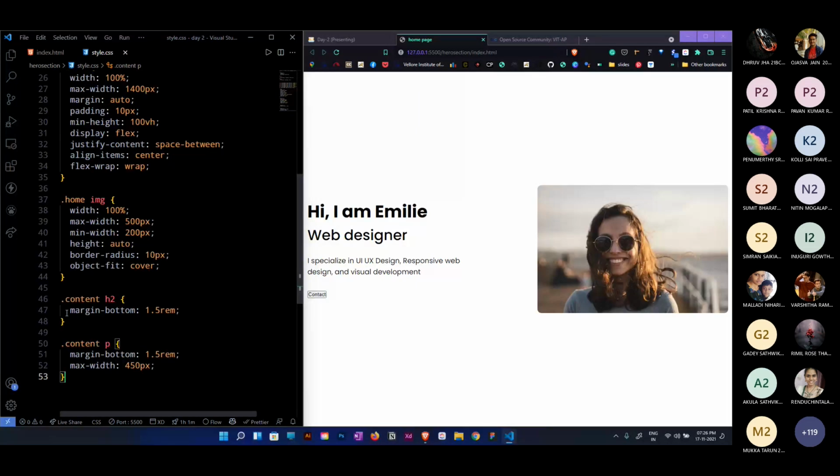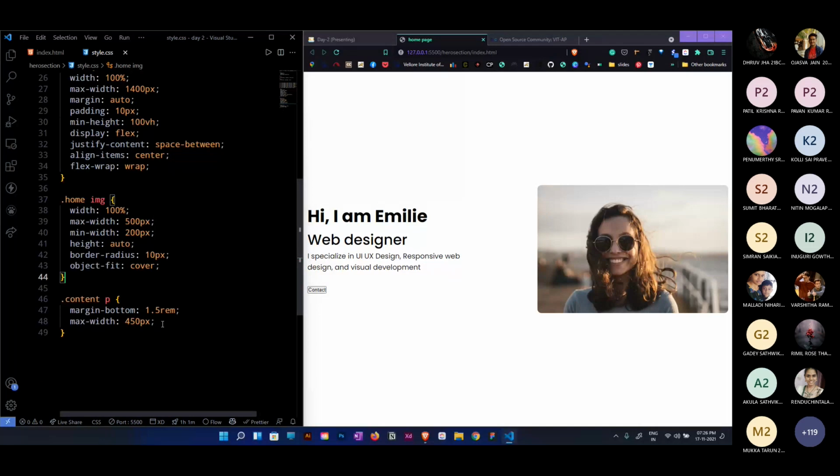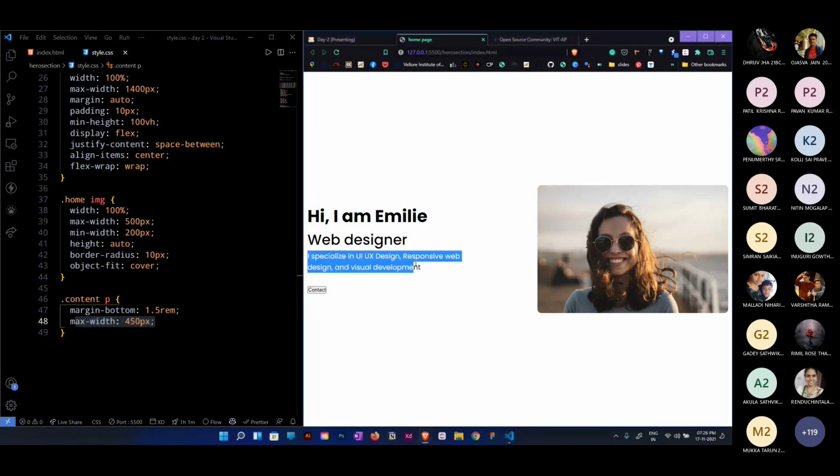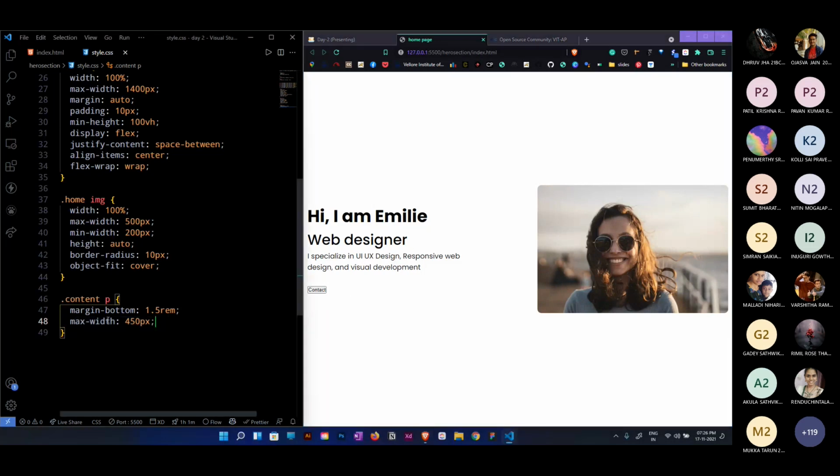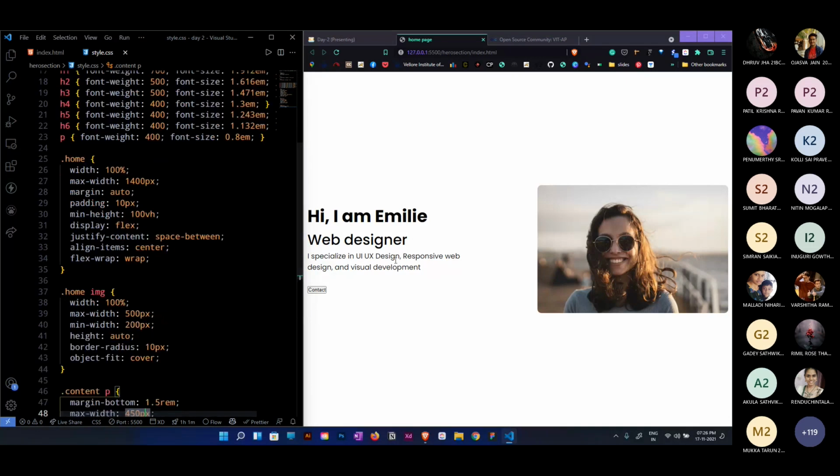What I have done is I just specified the margin. Don't observe this styling. Let me just remove this even. Observe this. I have specified the P to a maximum width of 450 pixels. Then this P tag can take a maximum width of 450 pixels. Because of that, the P is wrapping over. We don't want our image to wrap over. We want our P tag to wrap over. For that, we are specifying the maximum width of 450 pixels. I think you are getting where the flex is, but I'll explain again.